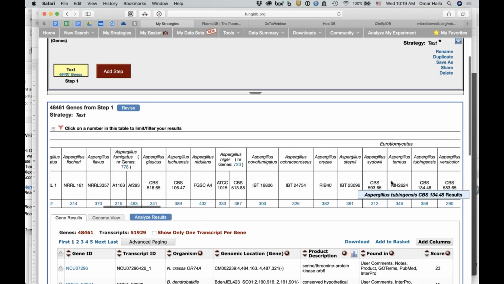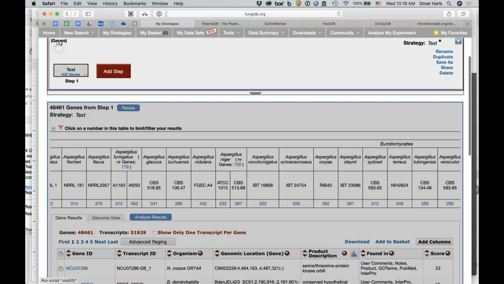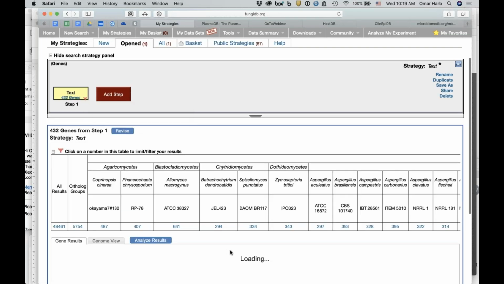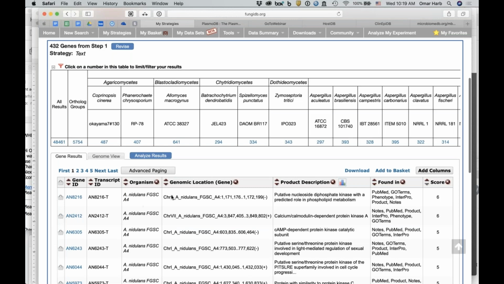So if you were, for example, interested in Aspergillus nidulans only, and you don't care about the rest of them, you can just click on this little number here, 432, and this will filter your results. It'll show you a little filter icon right here, and it'll reload your results. These are now your